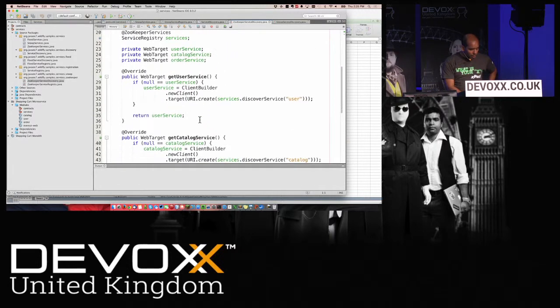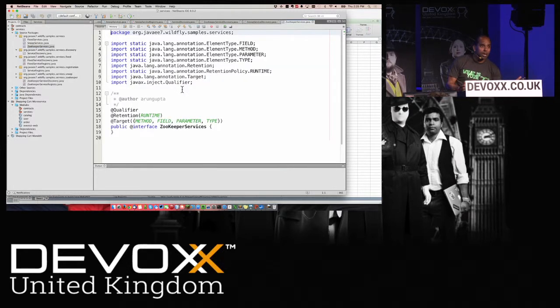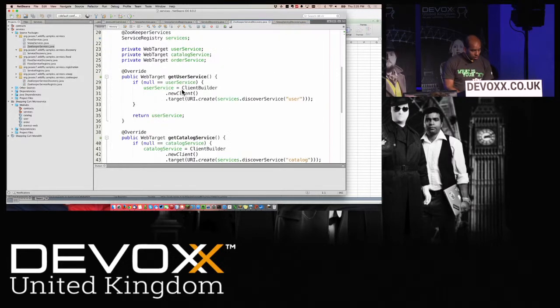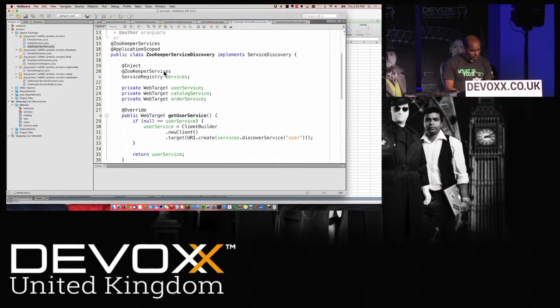In terms of discovery, that's again pretty straightforward. All I'm saying is, OK, I got all of these user services. So I got the discover service, so user, and return the web target. And something that we have done here is I've defined 3 different qualifiers. For example, I've defined a Zookeeper CDI qualifier. When you're injecting a service, all you need to say is, oh, I'm injecting a Zookeeper service or a fixed